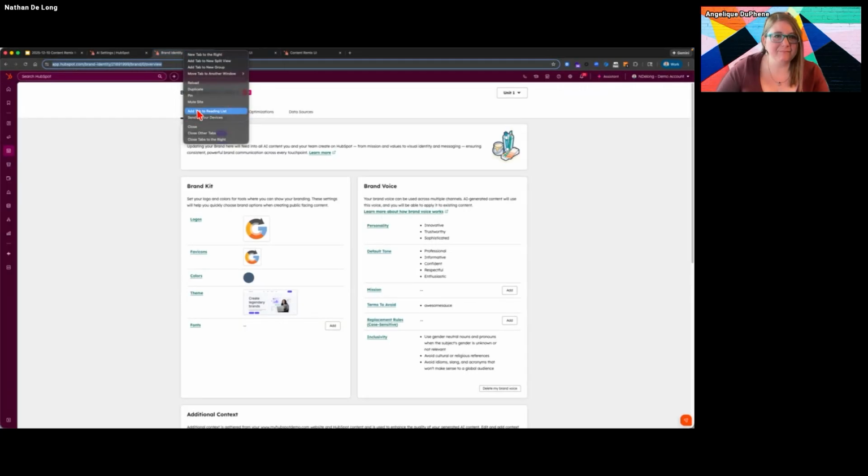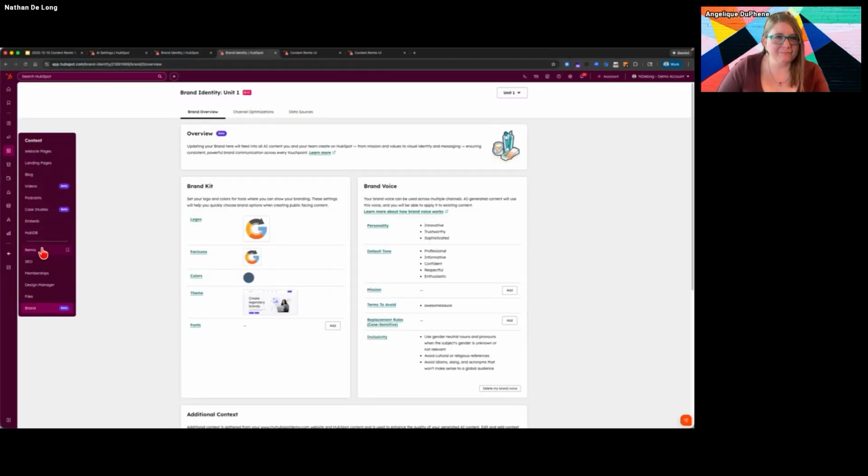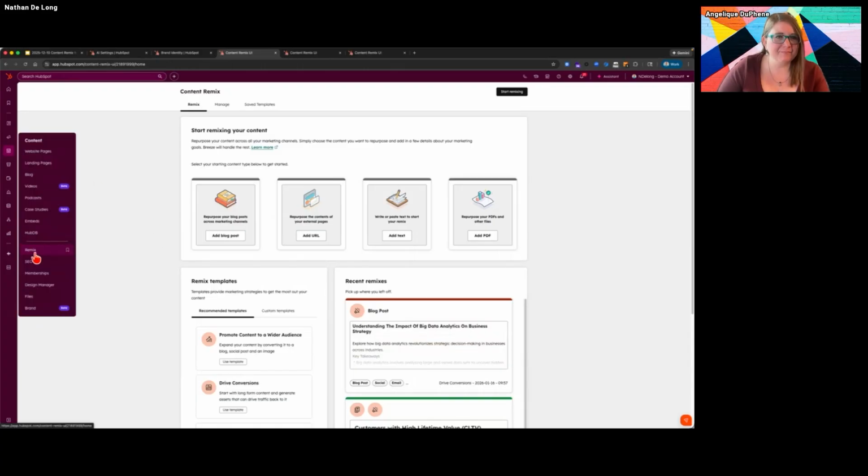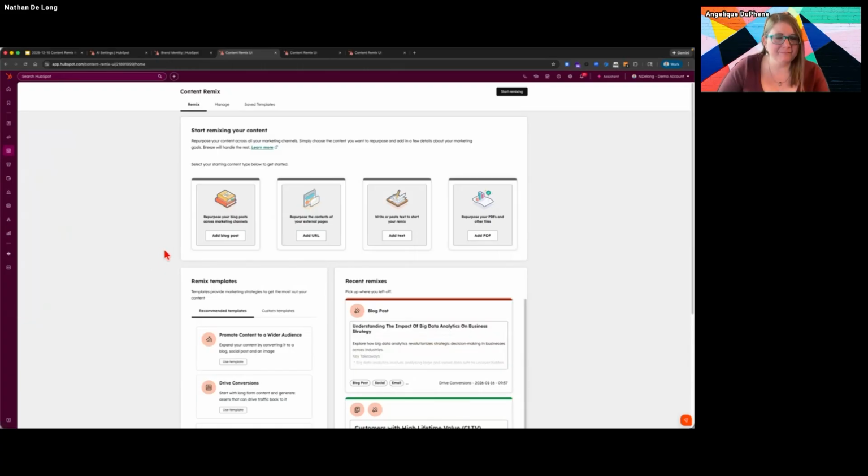I'm going to go ahead and open up a new tab here really quickly so that you can see the landing page for this tool. Again, it lives right under Remix. First things first, like always, HubSpot wants to be super helpful, and it's going to say, hey, do you want to do any of these fairly common things? If so, click these buttons. It will let you start doing that.